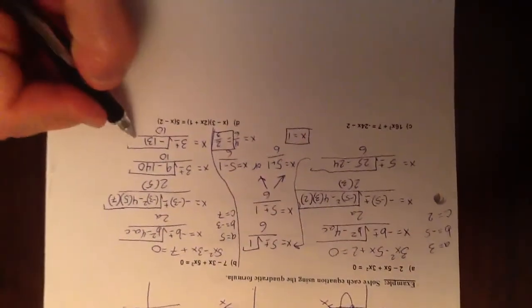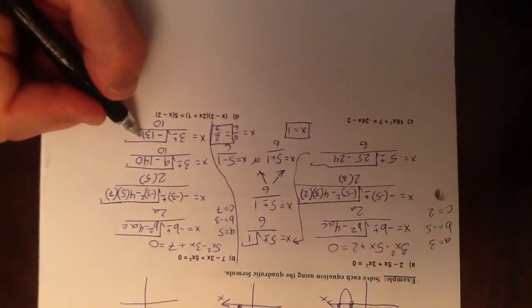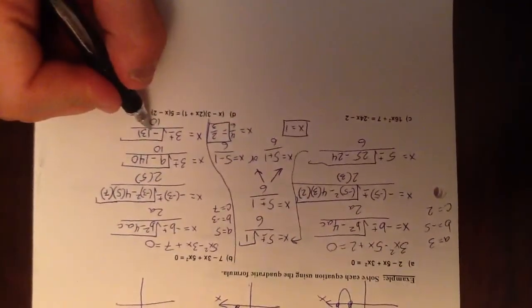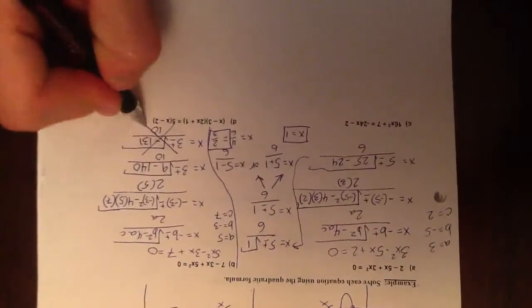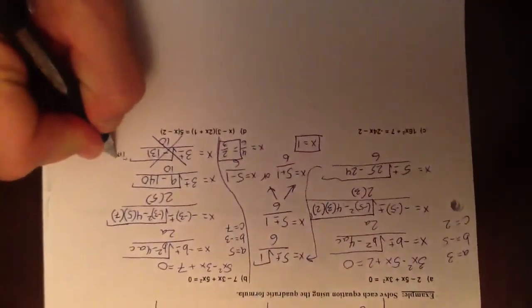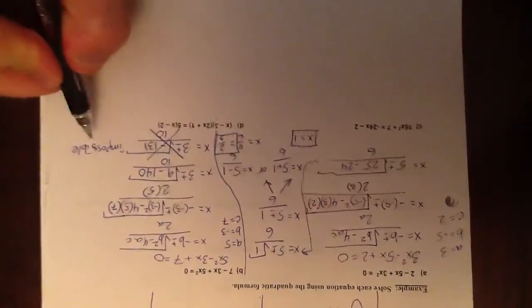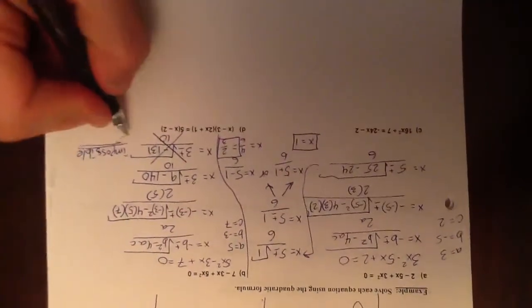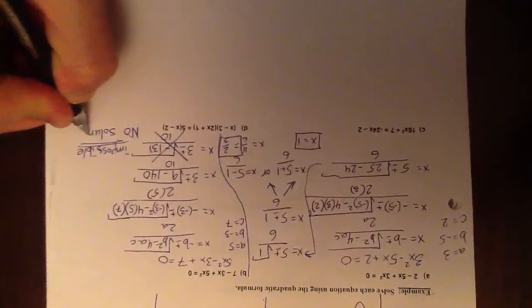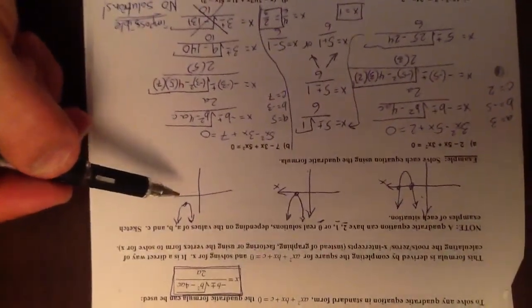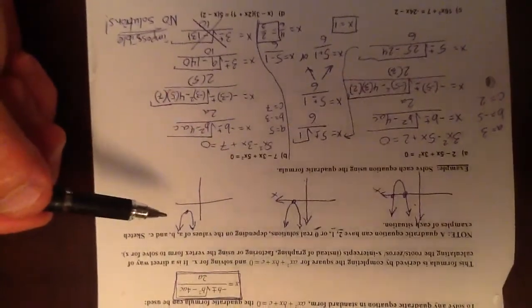Now if you take a look at this, you can't take the square root of negative 131. It's actually impossible to take the square root of a negative number. So you can't continue this. If the number underneath the square root sign ends up being a negative number, it is impossible, so that means there are no solutions. In order to have no solutions, something is going on like this. It doesn't cross the x-axis. It doesn't mean that the parabola doesn't exist, it just means it doesn't cross the x-axis. There are no solutions. So let's take a look at question